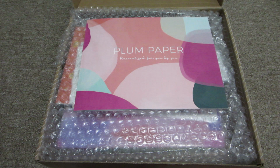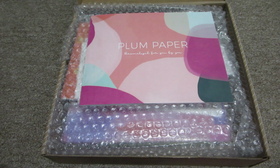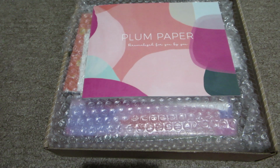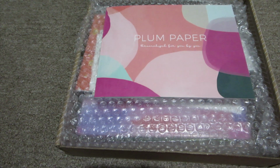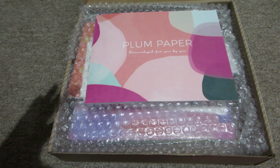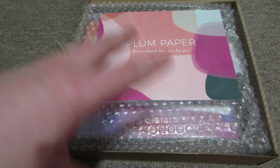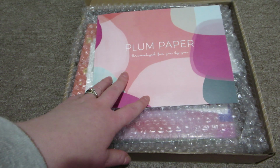And so all of those years, I have always chosen the same layout of the pages, which is a daily layout, and each day is broken into morning, afternoon, and evening. But they've come out with a lot more different layouts to choose from. And I was watching one of their Instagram stories one day where they took you through all the different layouts and how you can customize them. And I really looked through them all on their website when I was putting together my planner, and I decided